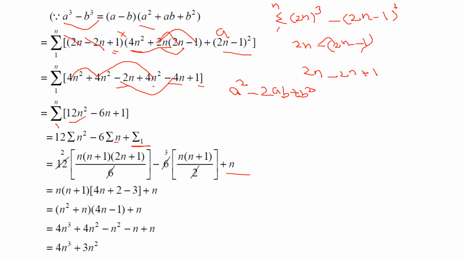So here cancel it, 1 sixes are 6, 2 sixes are 12. So here remaining what is that? n into (n plus 1) into (2n plus 1) minus 3 into (n plus 1) plus n is there. So we simplify that. So I take n into (n plus 1) common. So first I multiply with this, 2 into 2n, 4n, 2 into 1, 2, minus n into (n plus 1) I take common. So remaining here only 3 there. So minus 3, plus n separately.